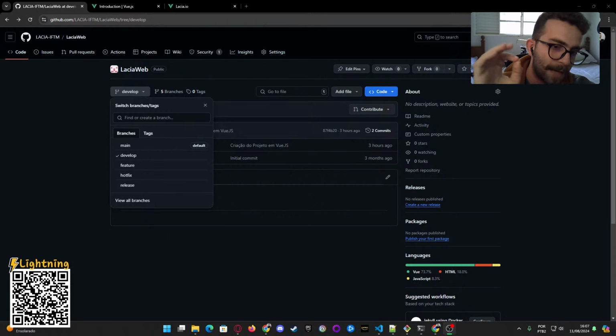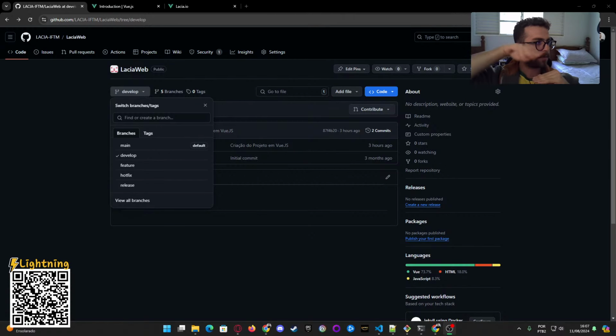So the develop is from the base of the project. The main is just for the last part of the project before the release branch. Okay, the release branch is tracked. So you just make a commit and a pull request when you finish this version.